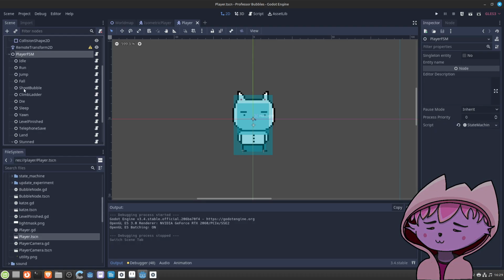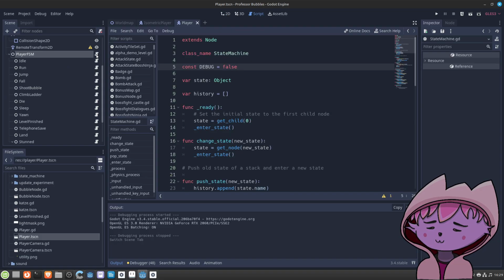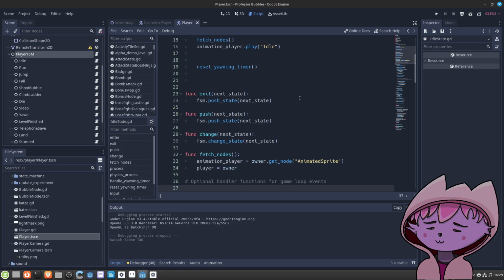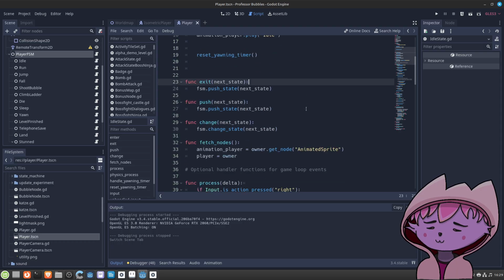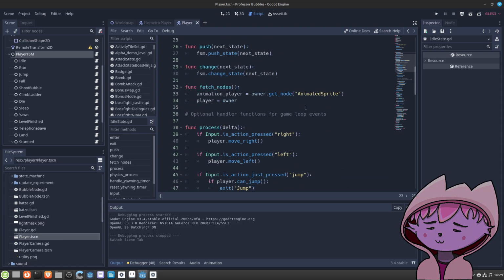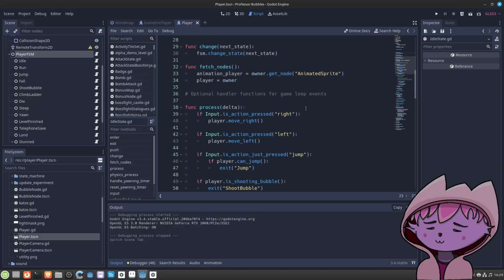I do want to implement something close to this. This time I would like to implement it myself. This particular state machine is something I more or less copy-pasted from one YouTube tutorial.